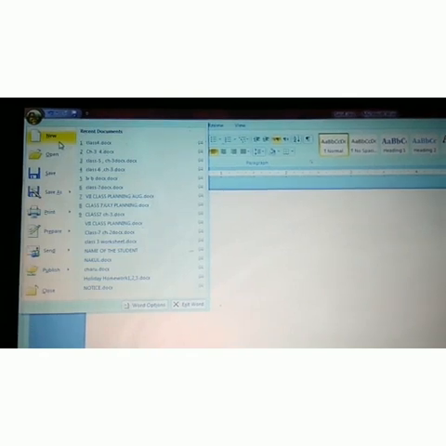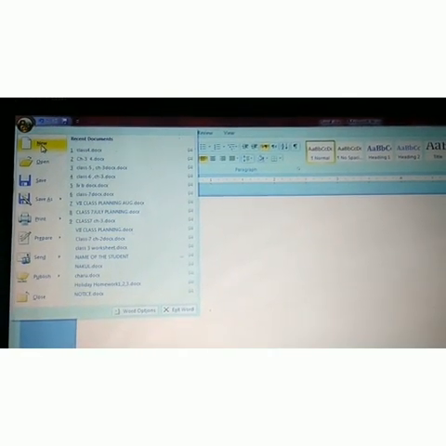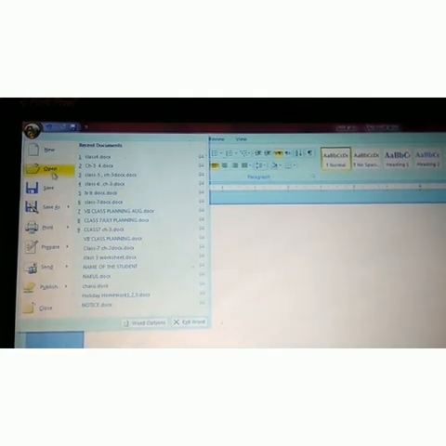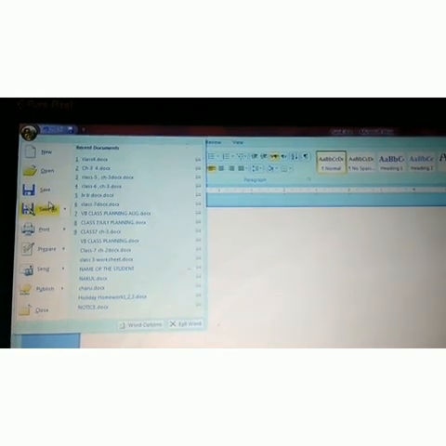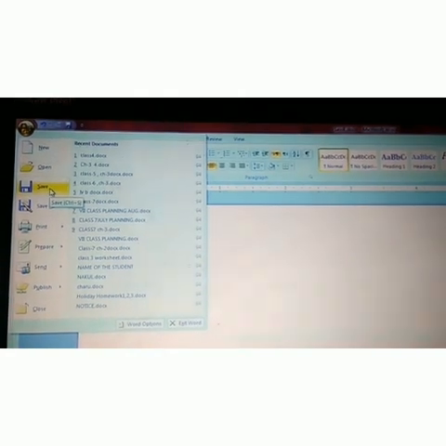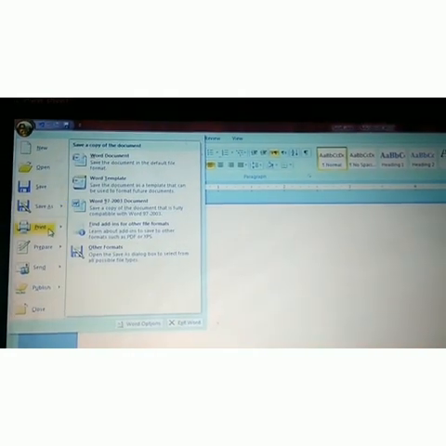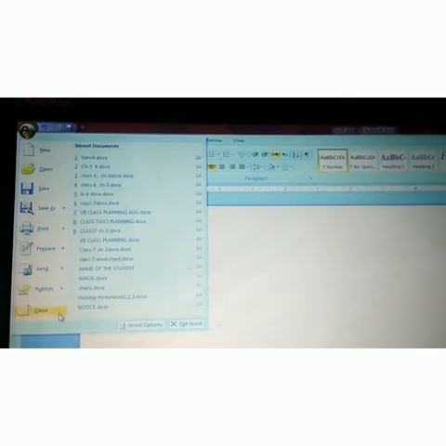First is New, with which we can create a new document. We just click the new option. After that we see Open, to open any document, and then next Save. It's the save option. We can save any data, and then Save As, Print, Prepare, Send, Publish, and last Close the document.